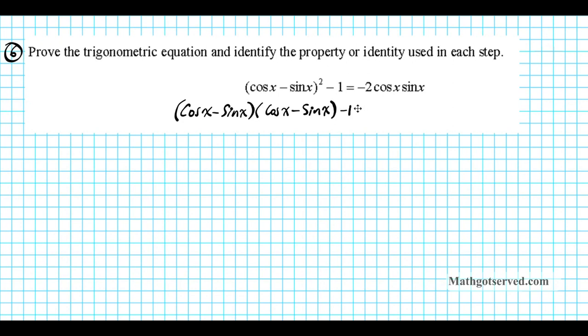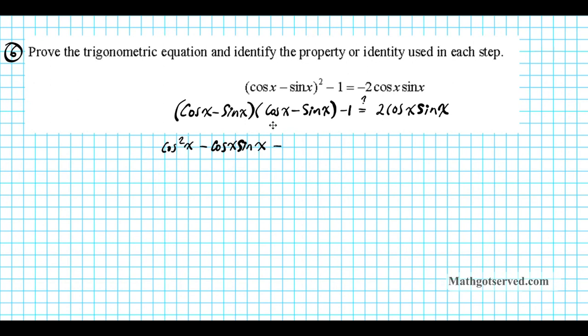Okay? The question is, is it equal to 2 cosine x sine x? Alright? Now, what we're going to do next is distribute. Okay? So let's distribute this out. First, outer, inner, last. So if we do the first, it's going to be cosine square x, outer, minus cosine x sine x, inner, minus sine x cosine x, but using the reflexive property of